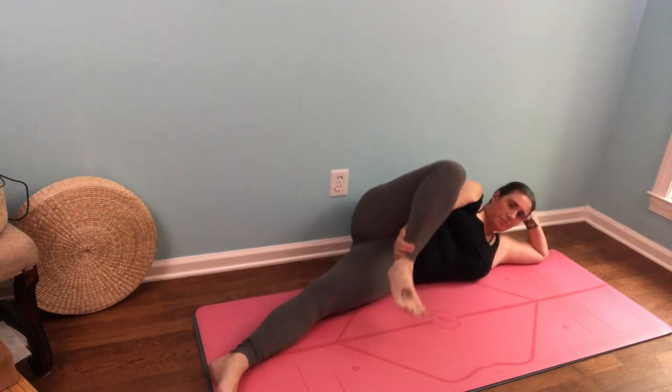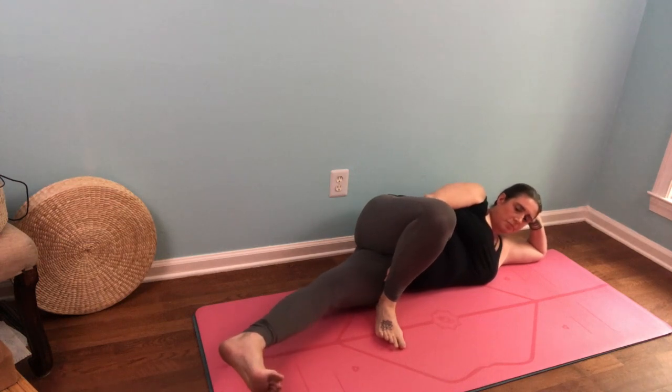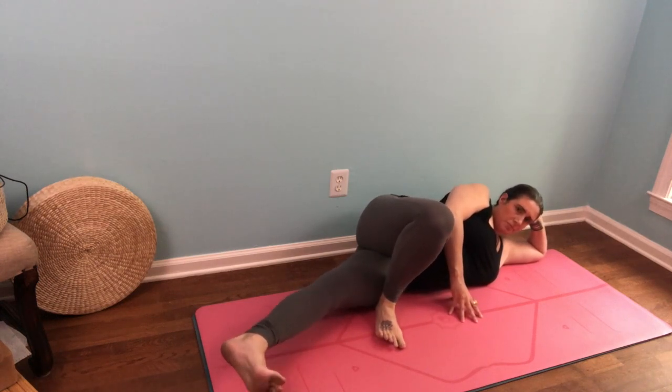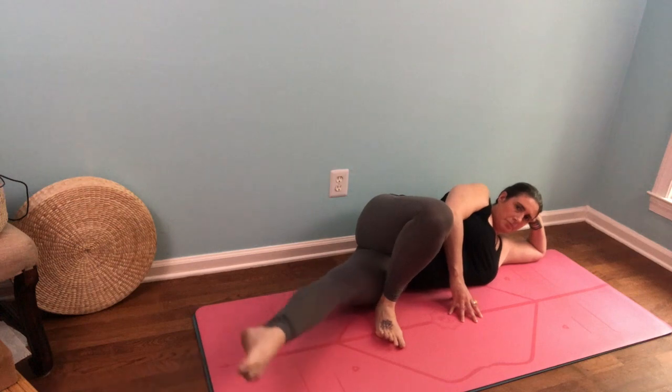And from here, cross that top leg over, stretches out the hip, feels nice, 10, 10, 10, 10, and we're going to take the bottom foot, flex that foot, and pulse it up for 10, 9, 8, 7, 6, 5, 4, 3, 2, stop. Point the toes, little circles forward for 10, 9, 8, 7, 6, 5, 4, 3, 2,